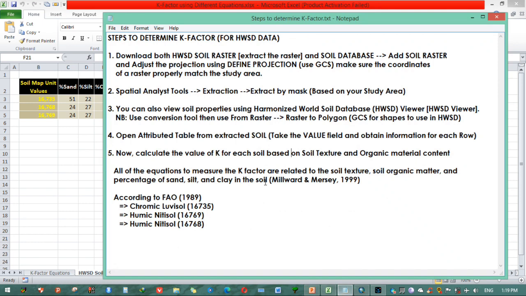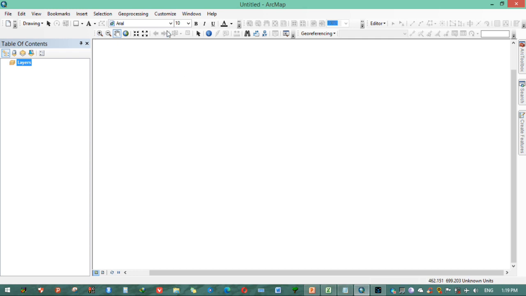What you are going to do is, first of all, you need to download both HWSD soil raster, and you need to extract this raster file, and you need to download soil database also. Then you will add this soil raster in your ArcMap and make sure your projection is in the proper format, and make sure that the coordinates of the raster properly match the shape of your study area. So I'm going to ArcMap, then add